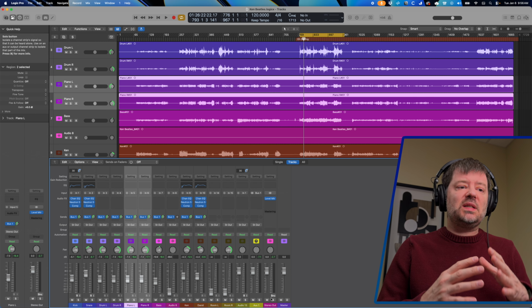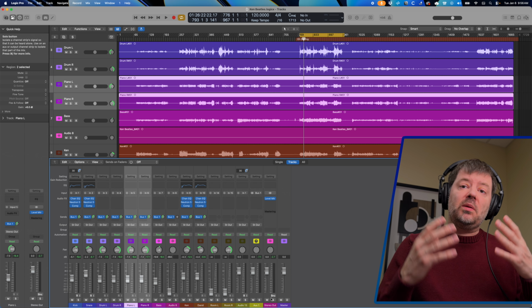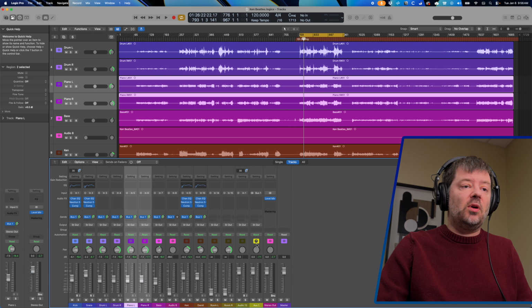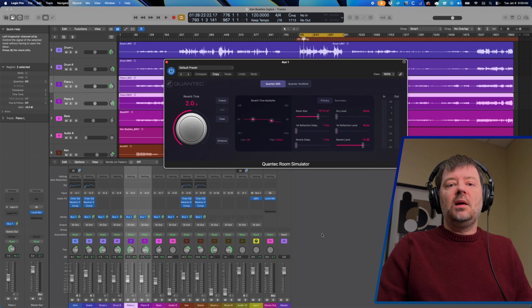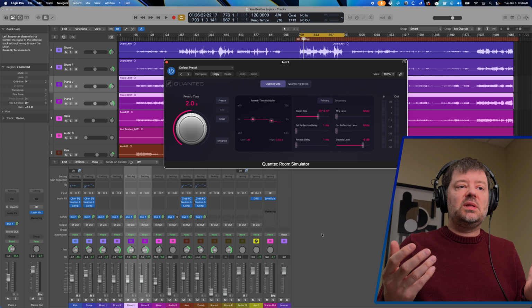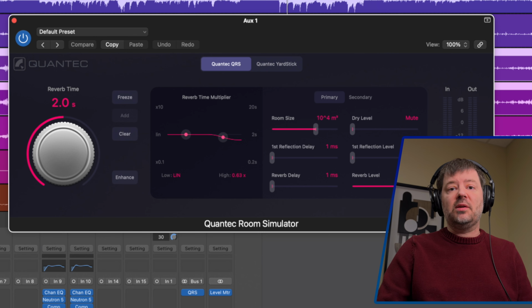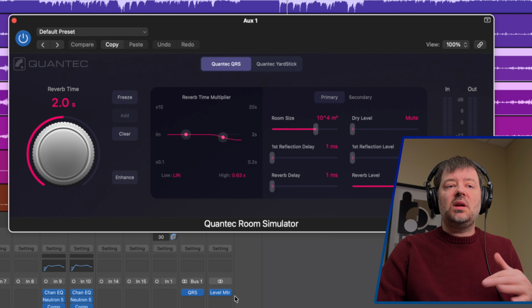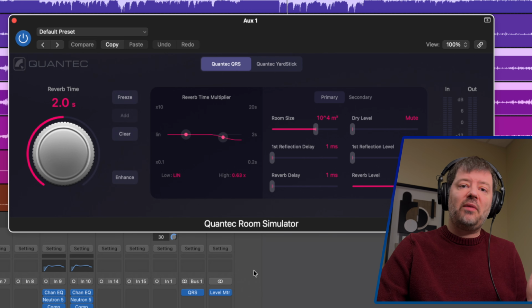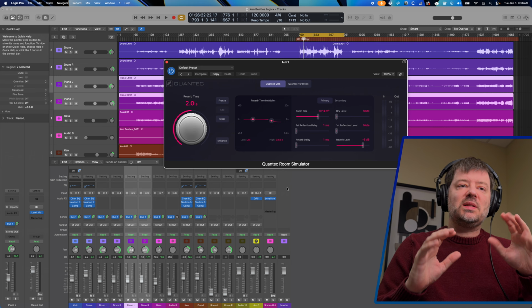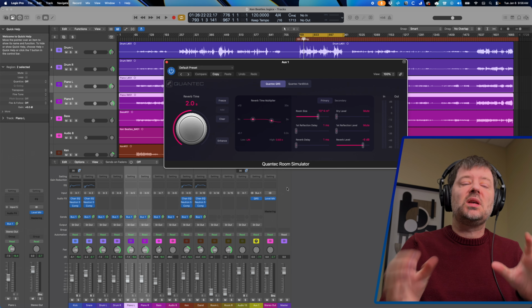So once I have set an appropriate mix level, what I'm going to do now is throw on a reverb on that channel. Now you could use pretty much any reverb you want. I'm going to use this Quantec room simulator that's included with the Logic Pro suite, just as an example. Now if you have a favorite reverb, all of this would be normal, because I'm really not showing you exactly how to tune your reverb so much as use it to